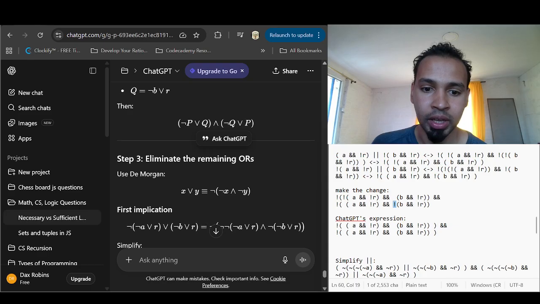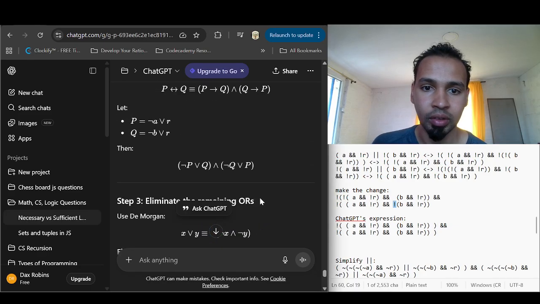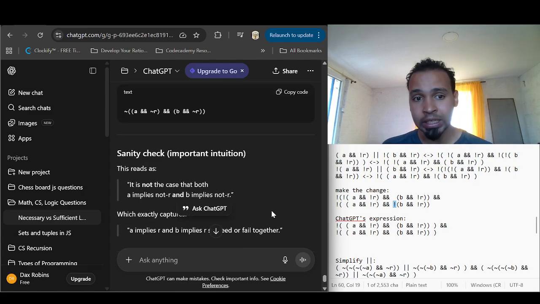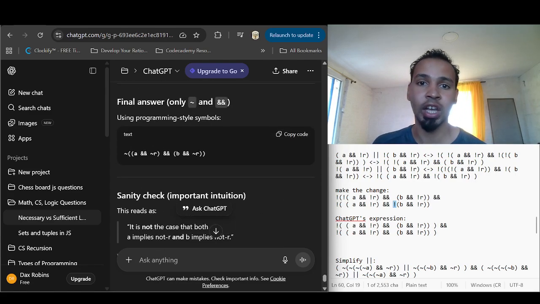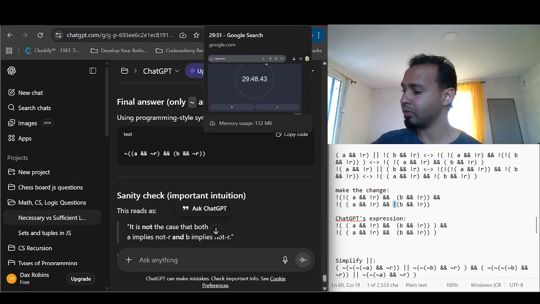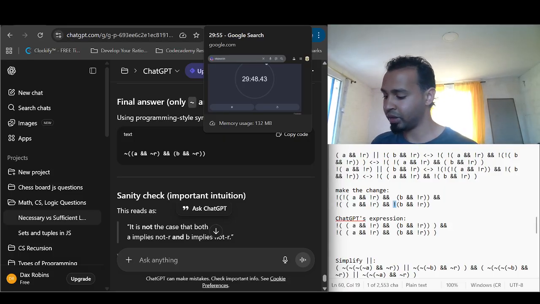And I mean, the first implication might be where the problem arises in ChatGPT's response. I mean, we do see a mistake there. So I'm leaning towards the idea that ChatGPT's response is incorrect. But let's see. I think I can pull up the problem on my phone, and I really want to see here if